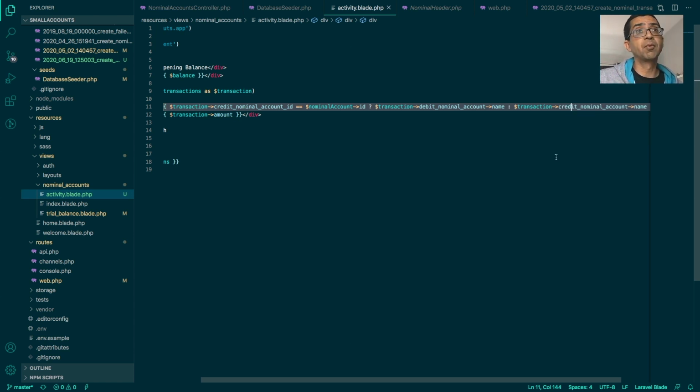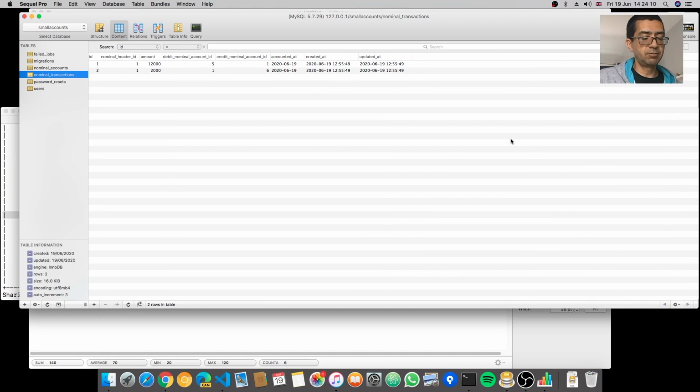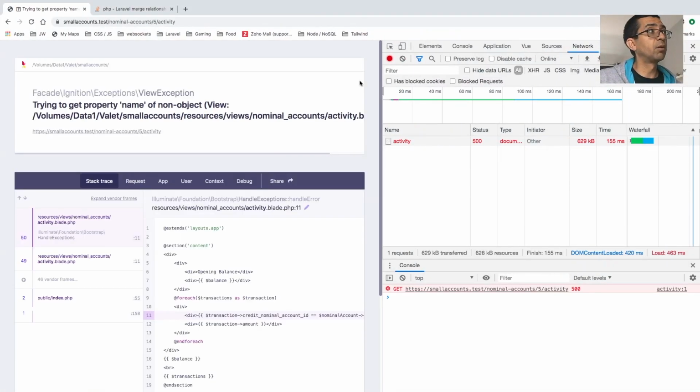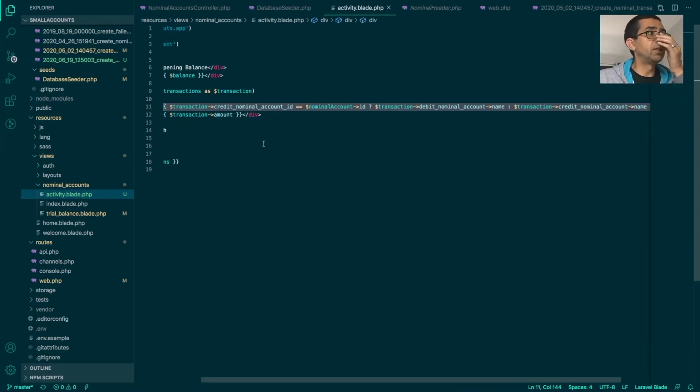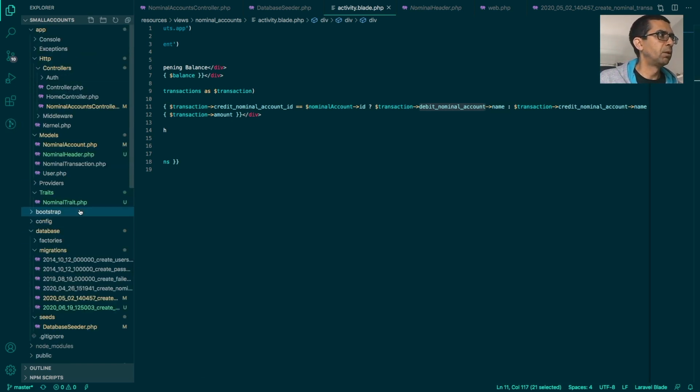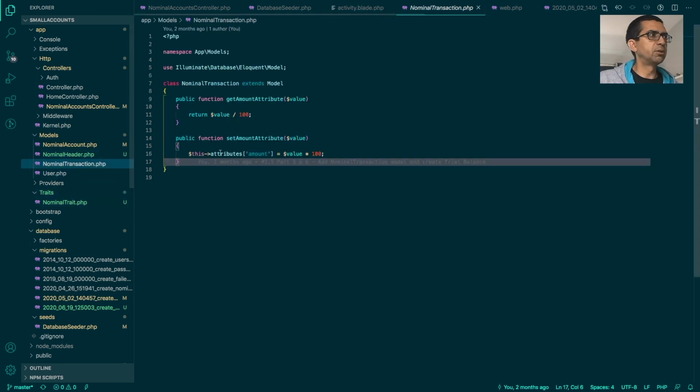Okay, so let's see if this works. No, I didn't think so. So we just need to set up these relationships. So this, where are we? Debit nominal account and credit nominal account on the transaction. So nominal transaction,